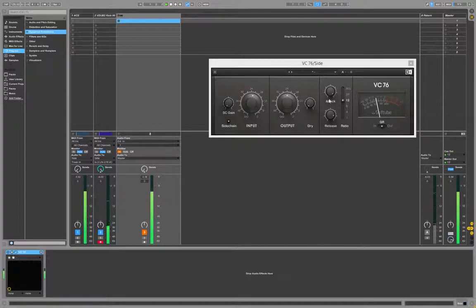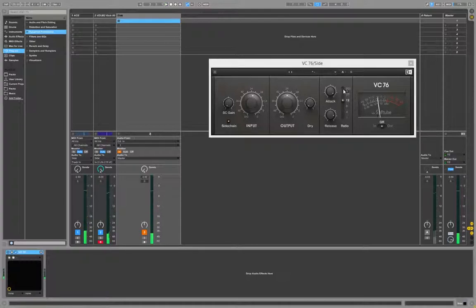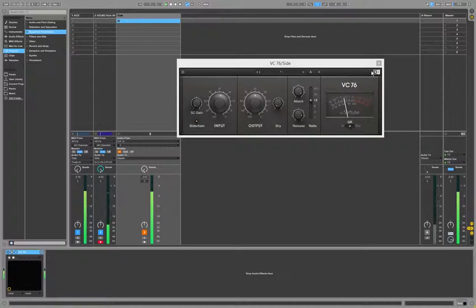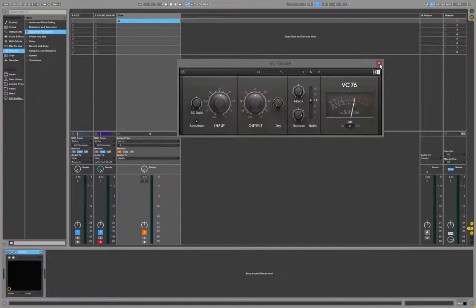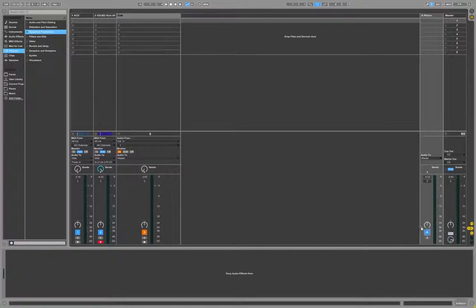Alright. And with attack and release, attack is how long it takes before the compressor sets in, release is how long the compressor lasts for. Dry is not used here because it's parallel compression. And there's gain reduction, that's how much gain is being reduced from the input audio. And if we enable the kick again,